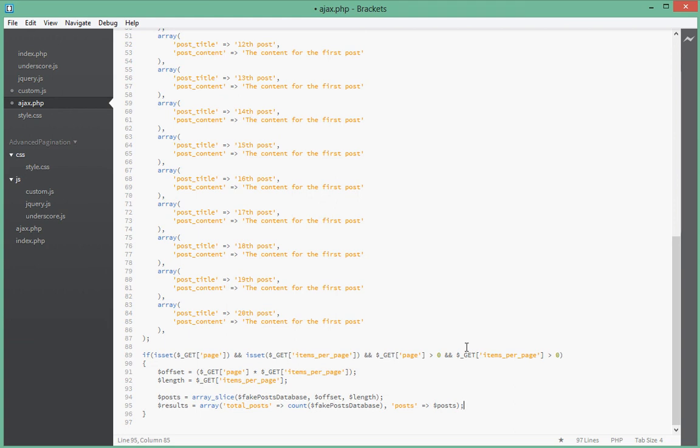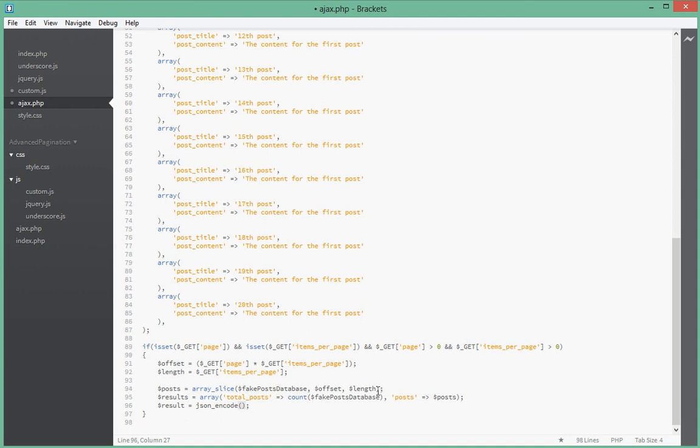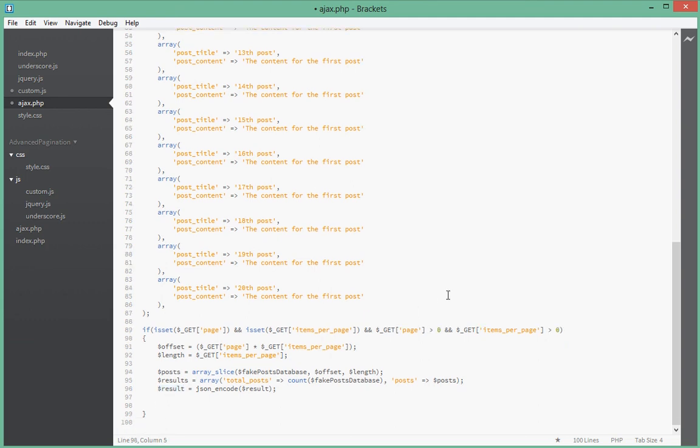All right, okay, so next what we're going to do, which is final, is take that same variable and call another function called json_encode, and probably some of you may know this already. What it does is it takes an array and converts it into a JSON string. So since the result array is what we want to convert, we pass that into the json_encode function, and then that stores the JSON string inside of this variable over here. All right, so let's just echo that out and see what happens. Result